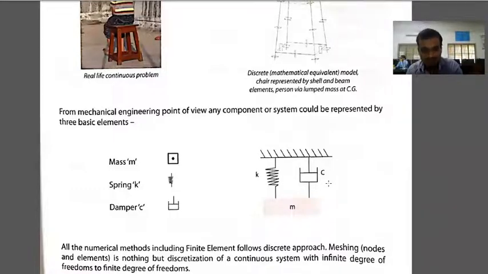Okay, actually you have gone through this equation in your first or second lecture during your dynamics of machinery subject. Okay, so this is the mechanical system or equivalent system, which includes three parts: mass, spring, and damper. Okay, now